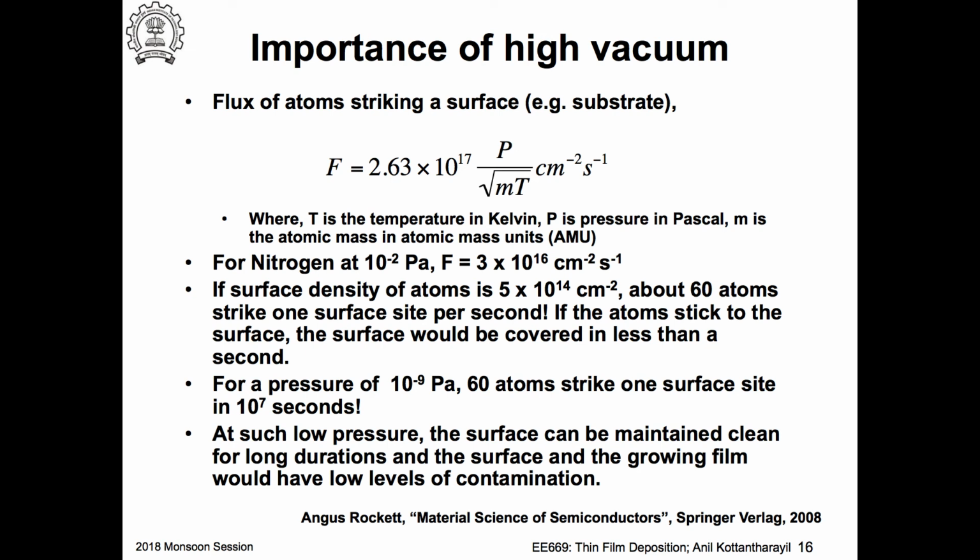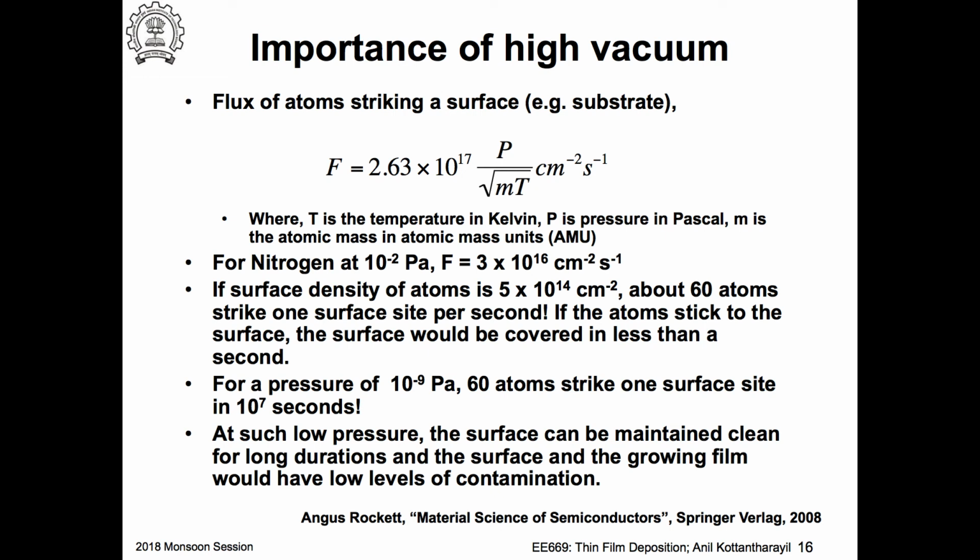So you can see again the parameters. Here T is the temperature, P is the pressure. So higher the pressure, you expect more particles to strike a given area. And m is the atomic mass in AMU. You can of course use the kilogram, but it's already worked out, so m in this particular case is AMU. So we can then work out the numbers for typical vacuum conditions you encounter in